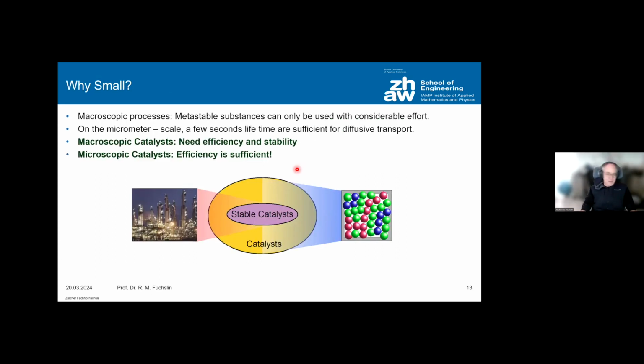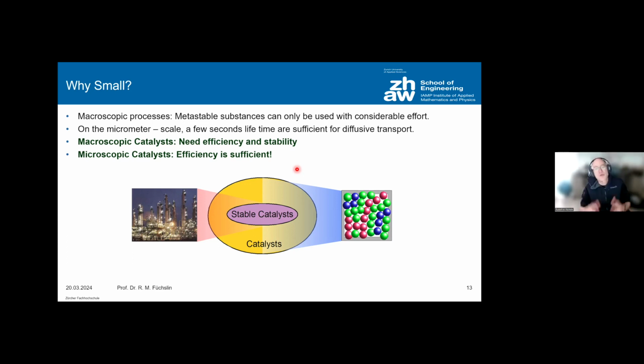Now you could ask, well, why don't you do that in a test tube? It would be much easier. Well, as a matter of fact, let's take catalysts as an example. Lots of molecules in the laboratory have to fulfill at least two requirements. Catalysts have to fulfill two requirements. They have to be effective and they have to be stable. If you produce a catalyst which has a half-life time of, let's say, 120 seconds, then this